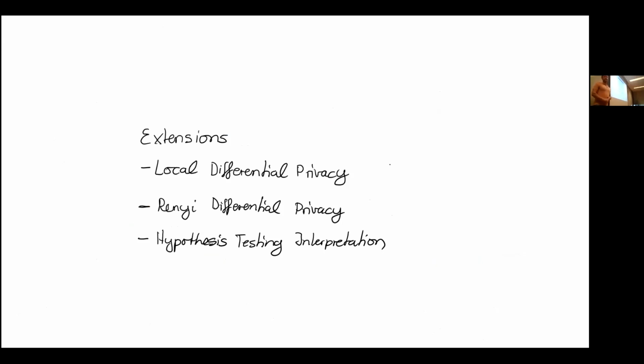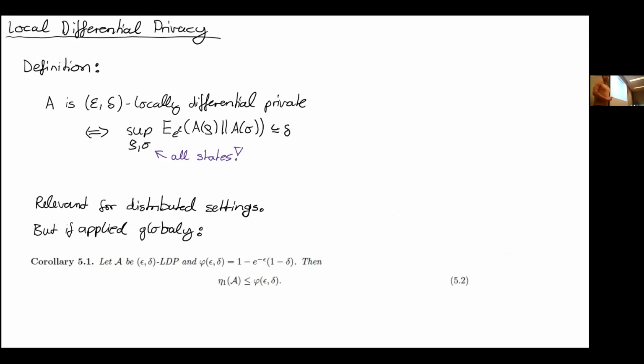And then, if I still have a few minutes, I just want to discuss briefly three extensions of this differential privacy setting that are new to the quantum setting. And I think the most interesting one is maybe the second one, so I'm just going to briefly skim over the other two. And the first one is that there's something in classical information theory that people call local differential